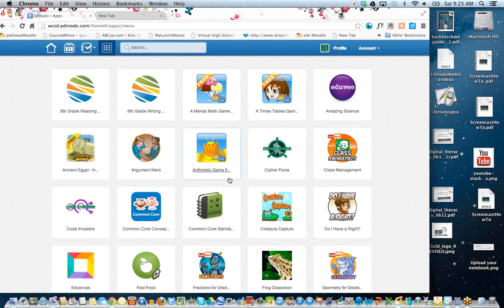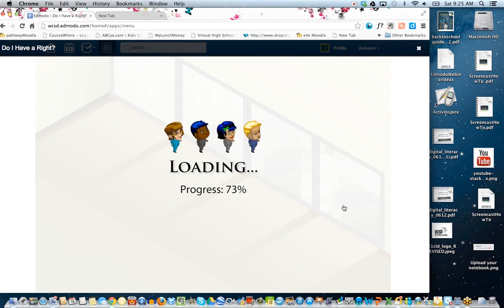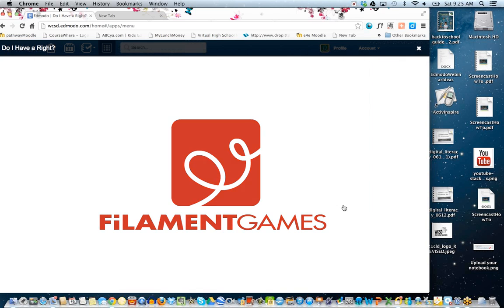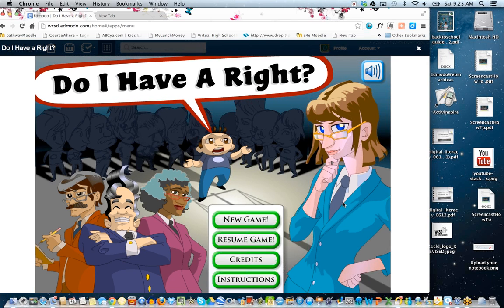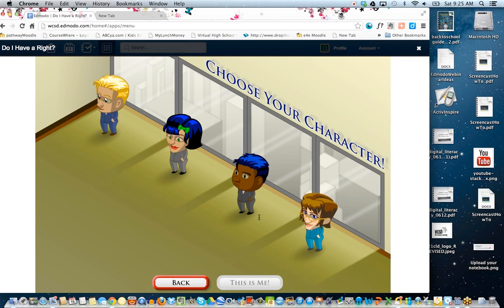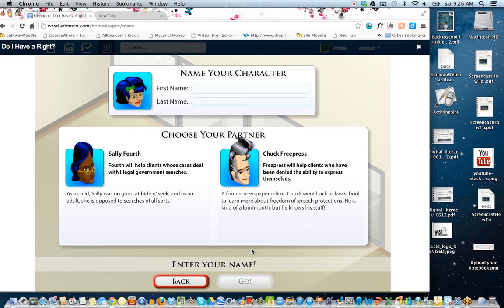I'm trying to see if some other ones that I have might be a little bit different. There's some really great social studies ones. These were only a couple dollars. I think it was like $2 for a group. This is one, Do I Have a Right? And it's published by iCivics, which is something sponsored by Sandra Day O'Connor. She started that original game called Our Courts, which is online. And a lot of these, even though it's social studies, it's really great. I think even for English language arts, it would be great because it has a lot of speaking, listening, and writing skills involved.